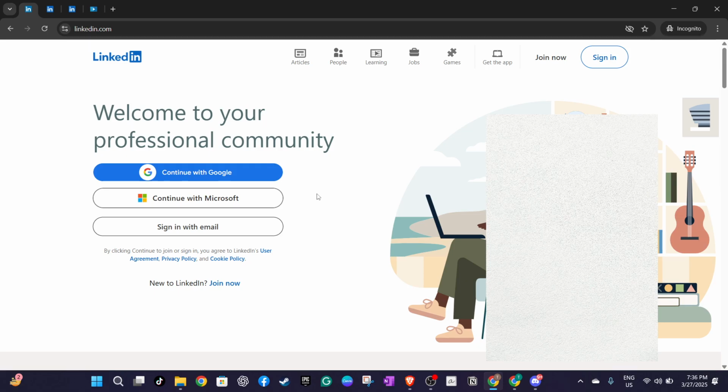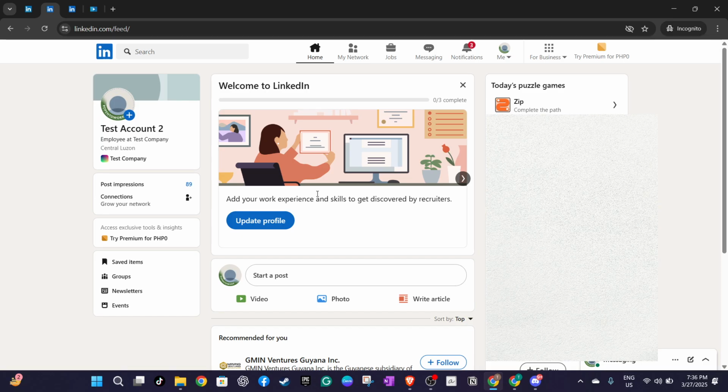Now that you're logged in, let's navigate to your LinkedIn profile. Move your cursor to the top right corner where you'll see your avatar picture, click on it and then select View Profile. This action will take you to your personal profile page, which is the foundation of what you'll share